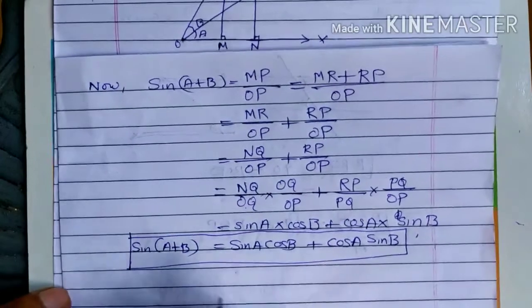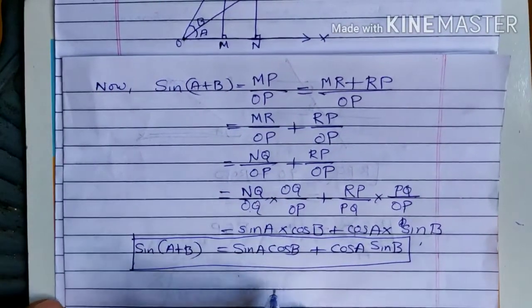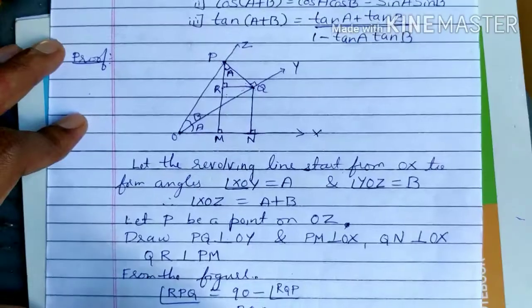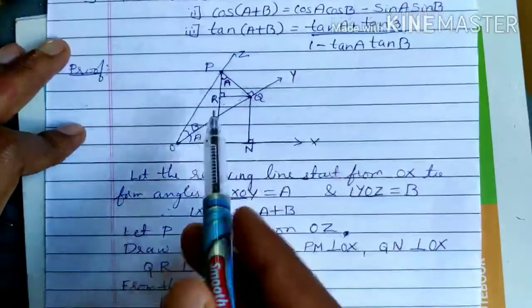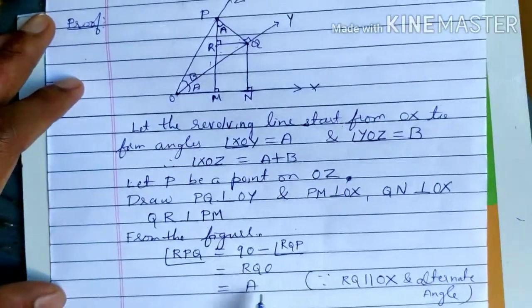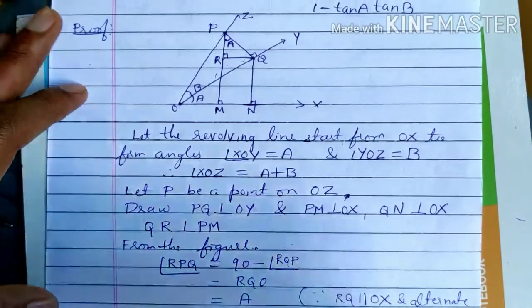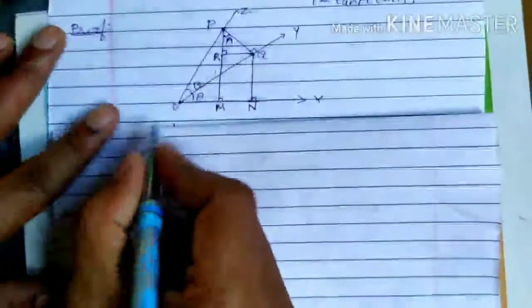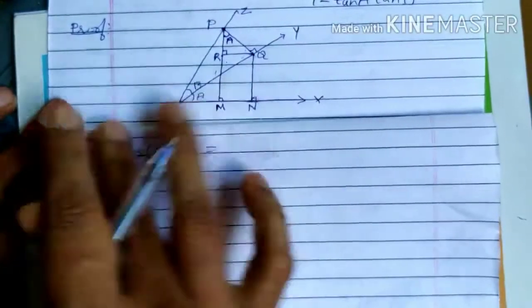So if they ask to prove that sine A plus B is equal to sine A cos B plus cos A sine B, up to here you have to prove. Next, if they ask you to prove cos A plus B, the second result, then the same diagram you have to draw, with the same construction and sentences. After that you have to follow like this. So cos A plus B is equal to